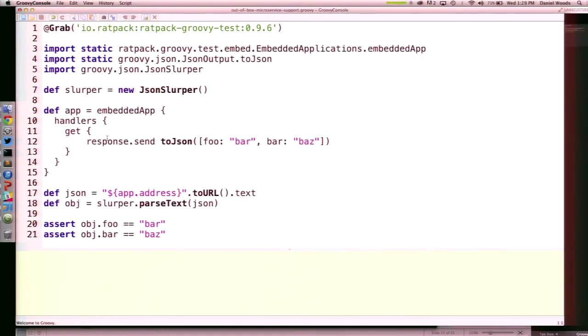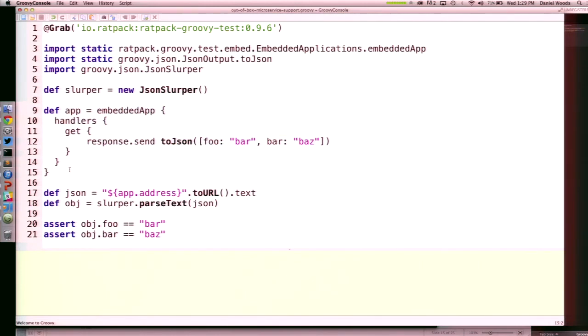So in this example, I'm just standing up a basic HTTP server with a single handler on GET, and I'm just going to render some JSON out of this. So let's say this is the remote server. We can basically ignore this part.